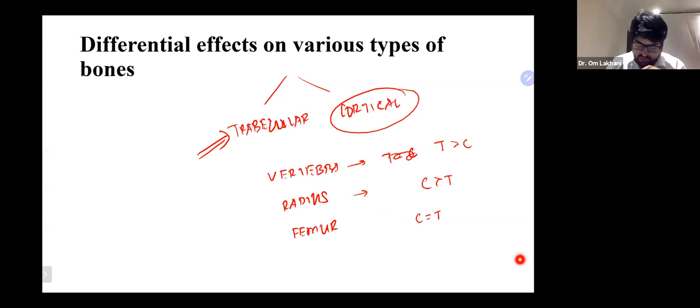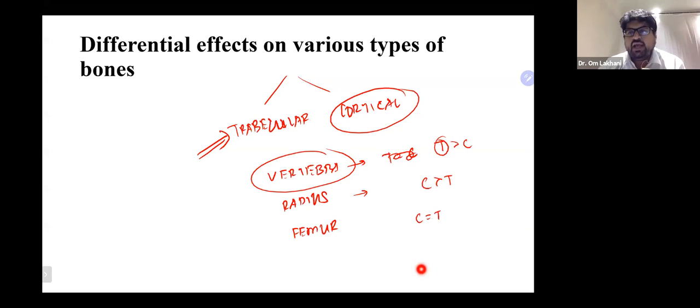So if you take this into account, where do you think teriparatide will be most effective? Vertebra. Why? Because it has more trabecular bone, and we know that PTH works better on trabecular bone. However, it will not have any effect on the radius. In fact, we have seen this also. We take the patient, give them teriparatide, and when you look at it, there is hardly any benefit as far as the radius is concerned, right? So there is no impact on the radius, but the vertebral BMD improves, right? And as far as the femur is concerned, you tend to still have a good effect because it has a good trabecular bone, right? It tends to have a positive effect on the trabecular bone.